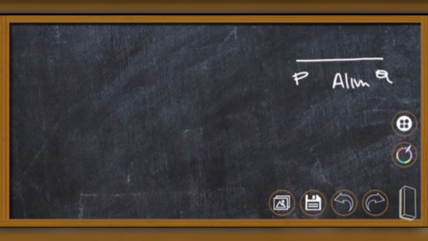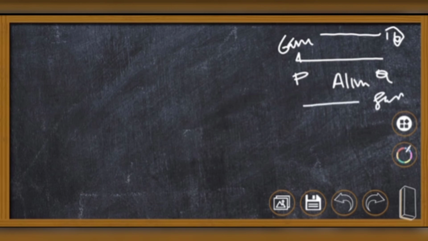Okay. So, if we consider this PQ, the distance between them we will consider as d kilometers. So, the first train starts at 6 am and reaches at 10 am. What about the second train? From Q it starts at 8 am and reaches P at 12 noon. So both of them take 4 hours to complete the journey, 6 am to 10 am, and the second one 8 am to 12 noon, which means 4 hours.